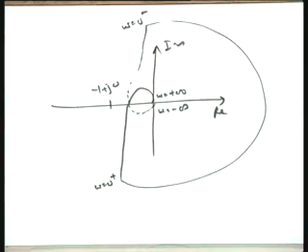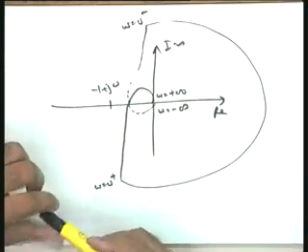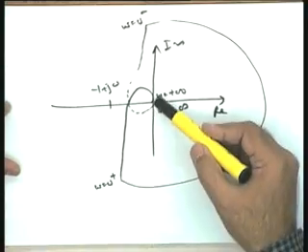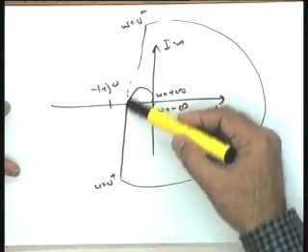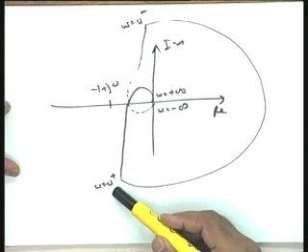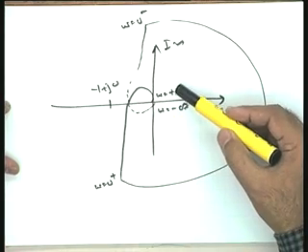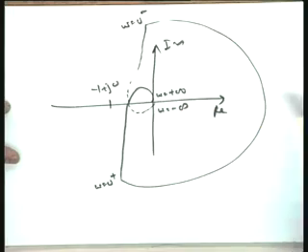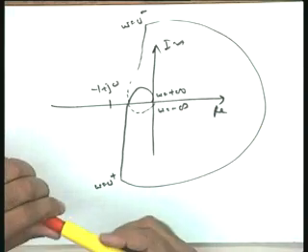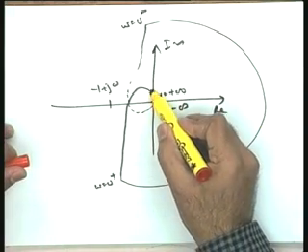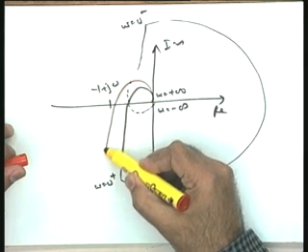So, you can see that the primary contribution to this particular plot is given by the polar plot. It is the frequency response of the system from omega equal to 0 to omega equal to infinity. So, you can very well see in this particular case, if the system goes this way,